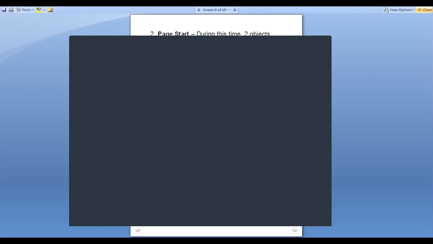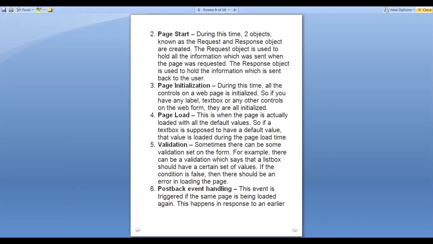Then the next one is page initialization. Still the page is not visible. These first three steps, page request, page start, and page initialization, are performed in the background only. The current page is still not visible to the user. So what happens in the page initialization stage? During this time, all the controls on a web page are initialized.